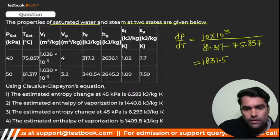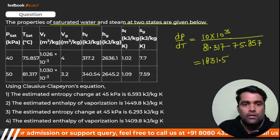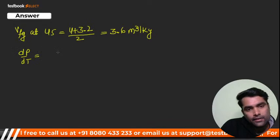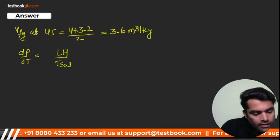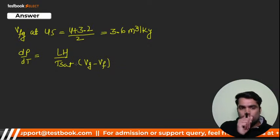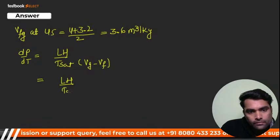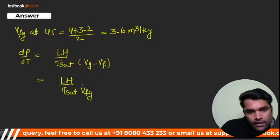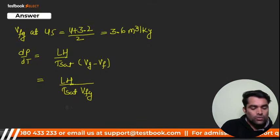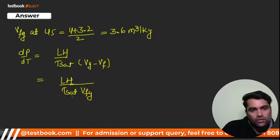m is equal to, we have already found out. Okay, you know that my dear, equation क्या होता है, that is Clausius-Clapeyron. Let me write again. You know that dP by dT is going to be what, my dear? Latent heat divided by Tsat, ब्रैकेट में क्या होता है, (Vg minus Vf). That means it is Vfg, right? Tsat and Vfg, right? But अगर मैं वैल्यू Tsat की पुट कर दूं, Vf को रिप्लेस कर दूं, so my dear,